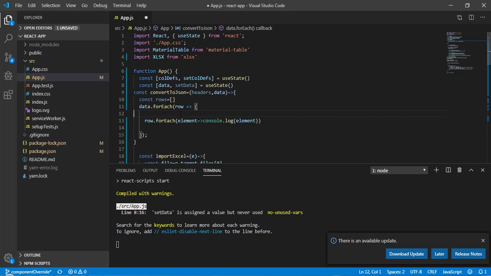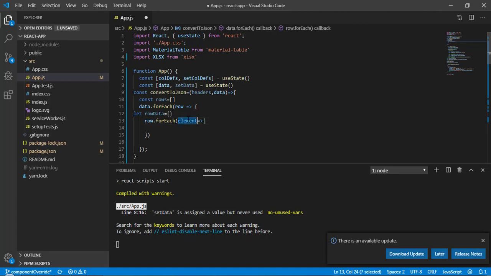Once I come inside this, I will create a variable and call it rowData, and this is going to be an object. Once I get inside here, I have to push data inside this rowData. And in this case we need a key-value pair, isn't it?